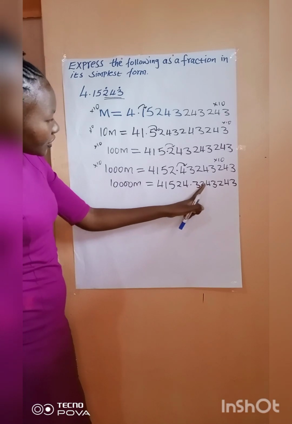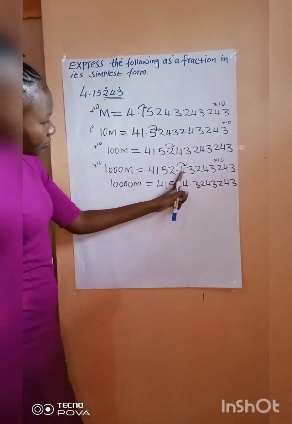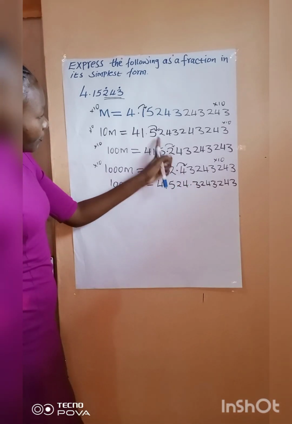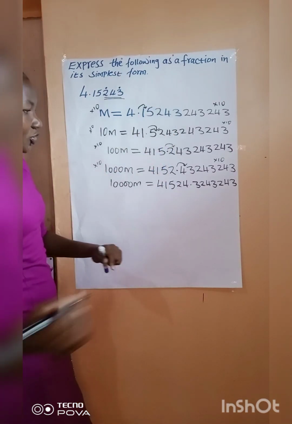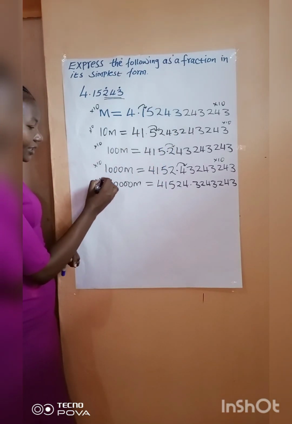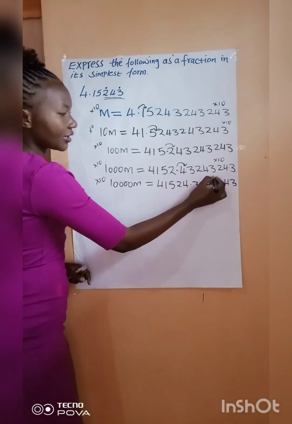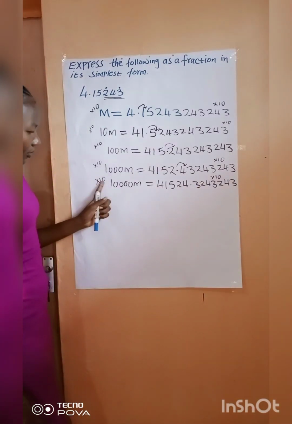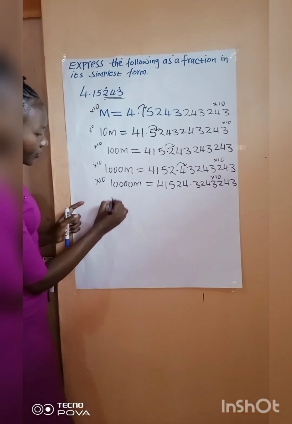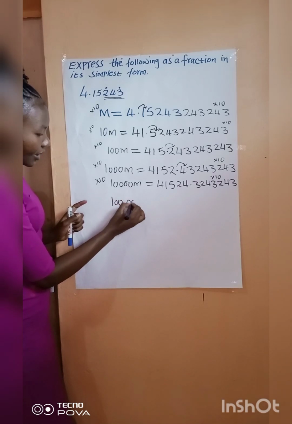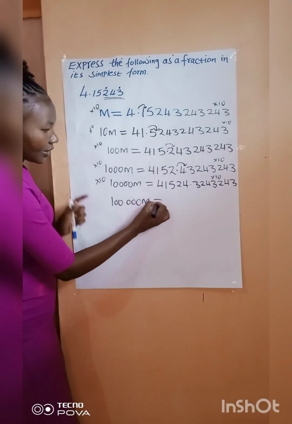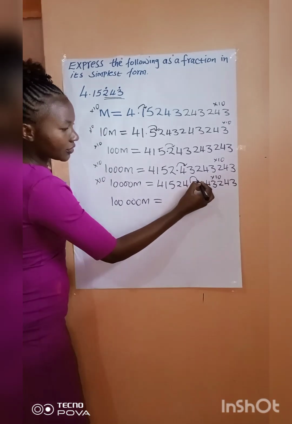Then the number I have is 32. So I continue multiplying by 10 again until I get that number which I'm looking for. So if I multiply by 10, this one becomes 100,000m equals, this decimal will shift here,